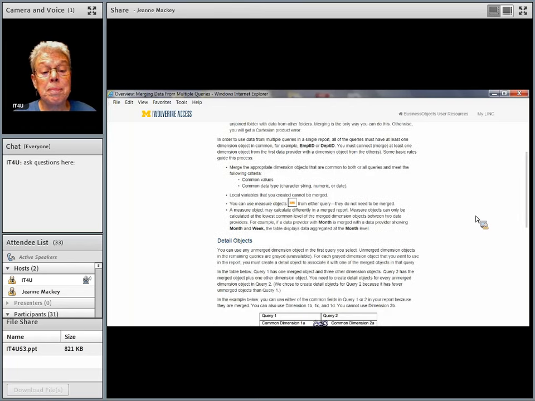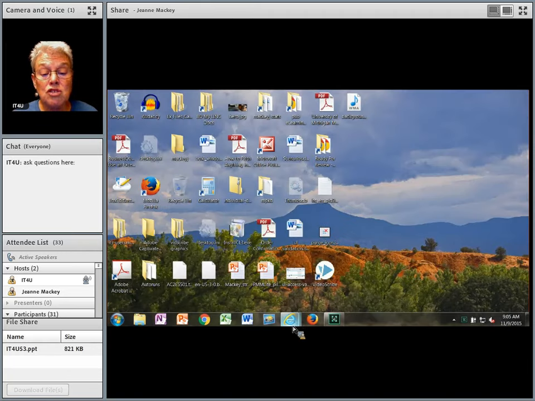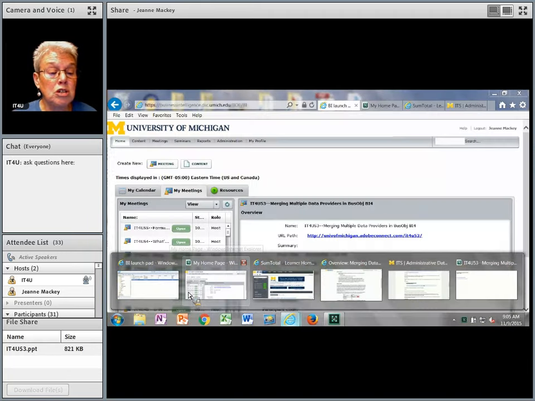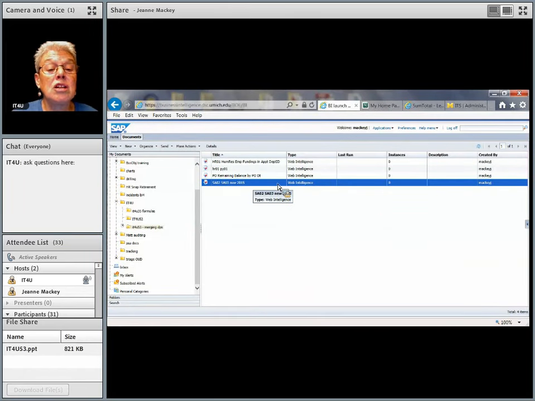And then we're going to see how, when you have an object in one query and you have another object in the second query, how do you display everything? Well, there's a process of creating detail objects. So we're going to take a look at that. So anyway, I would encourage you to go into my link, look at this document, and then it also links to the step-by-step. So without further ado, let's go into business objects, and let's actually look at an example.